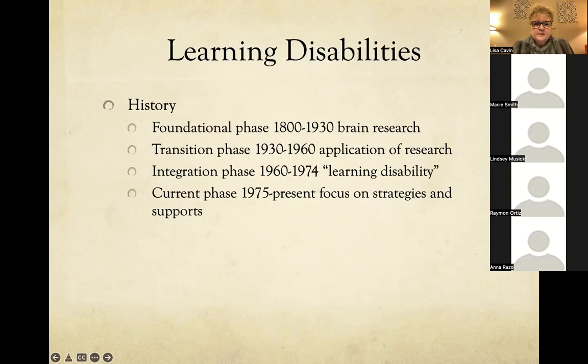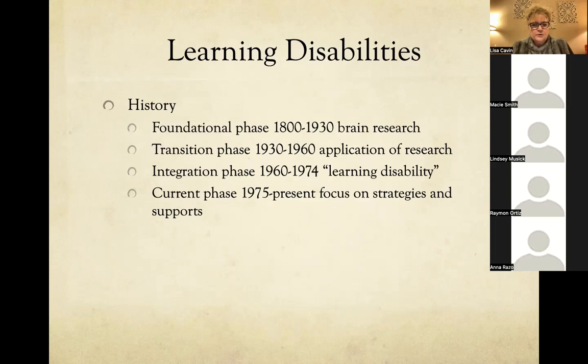We have a period of time that was then called the transitional phase in the history of learning disabilities, where scientists and researchers began to apply some of that research. This was generally the period between about 1930 and 1960, when that term learning disabilities began to take shape and take form. And we began to see that there was a subset of students in our schools who actually had difficulty in a very specific kind of